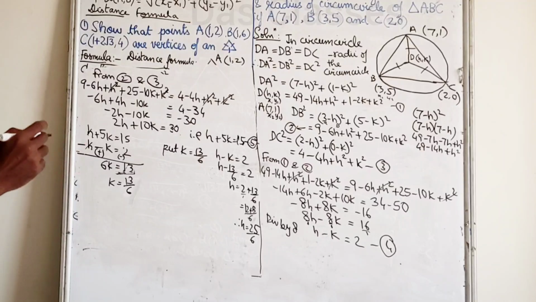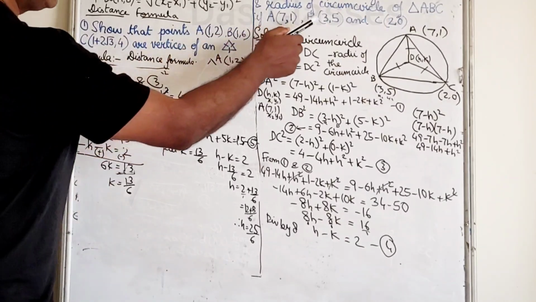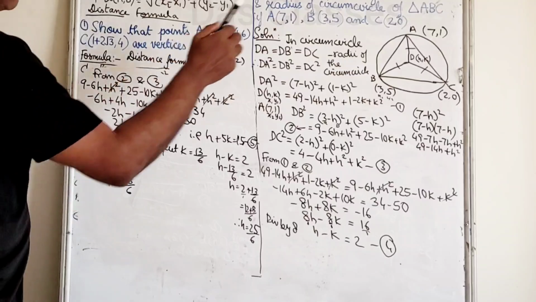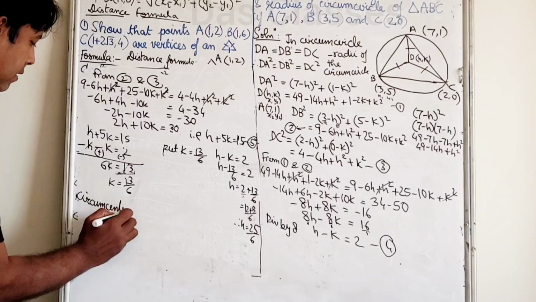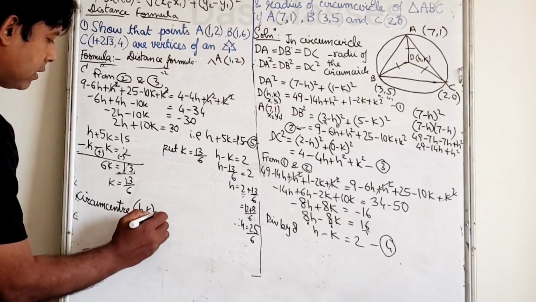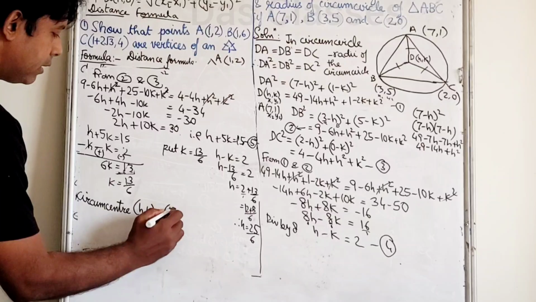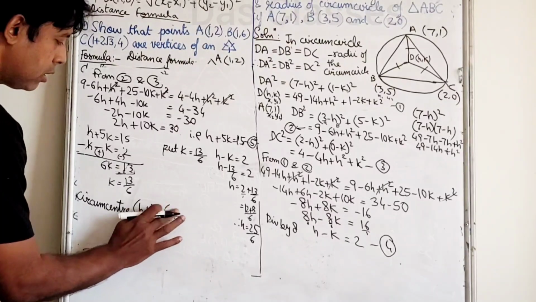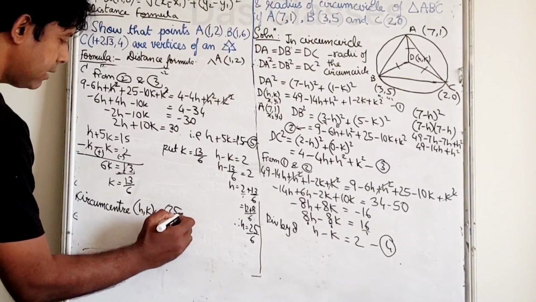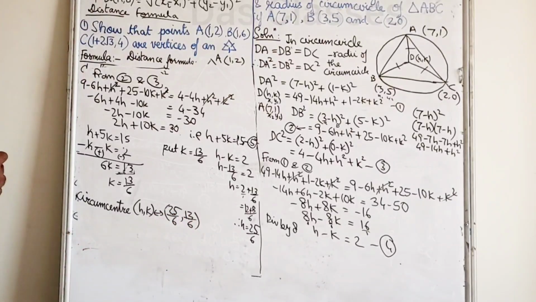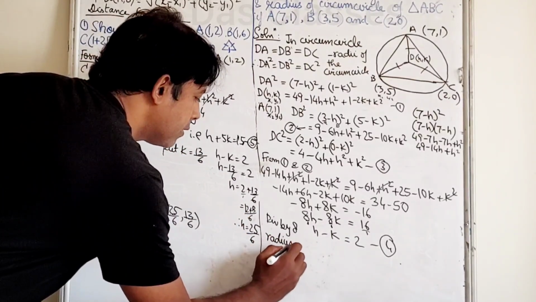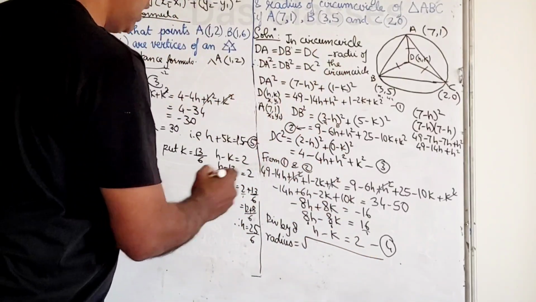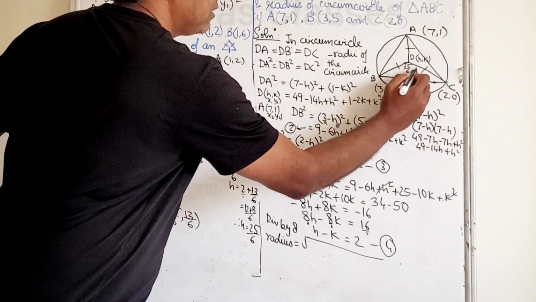So the first thing is we needed h, k, that is the circumcenter. So hk is equal to, what is the value you got? Sorry, h is 25 upon 6 and k is 13 upon 6. So that is the circumcenter, and we also want the radius. So for the radius, once you know hk, which is 25 upon 6 and 13 upon 6,